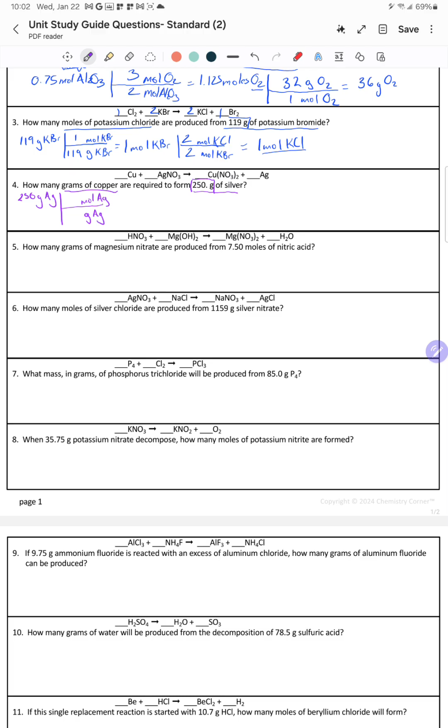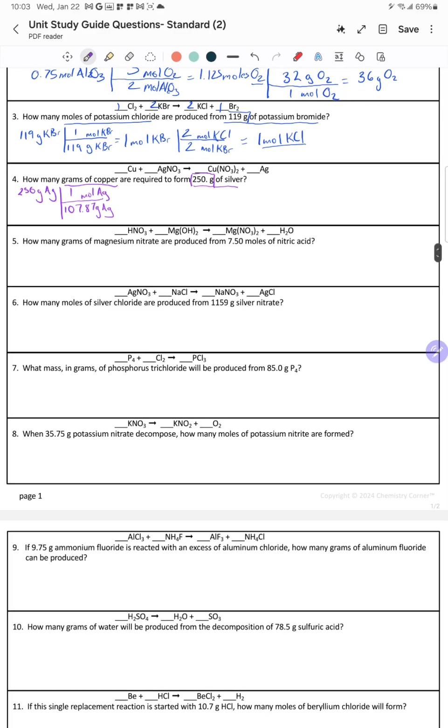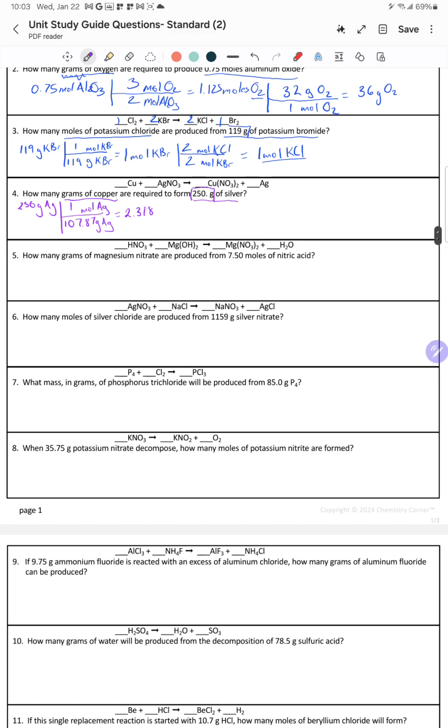And in this case, it's our molar mass again. We need to find the relationship between moles and grams, and we use molar mass of silver. Molar mass of silver is 107.87 grams of silver to 1 mole of silver. All right, do all that math, and I end up getting 2.318 moles of silver,